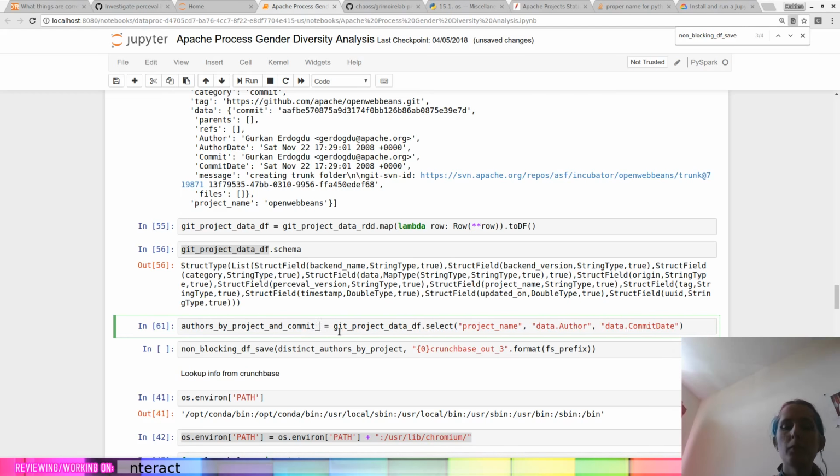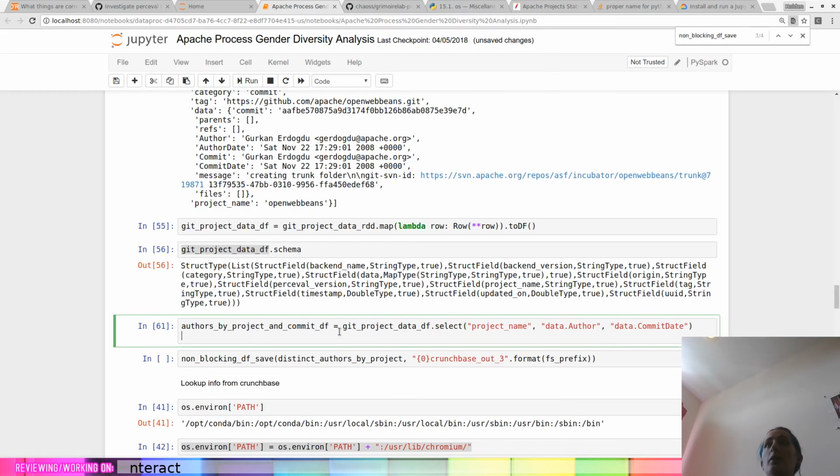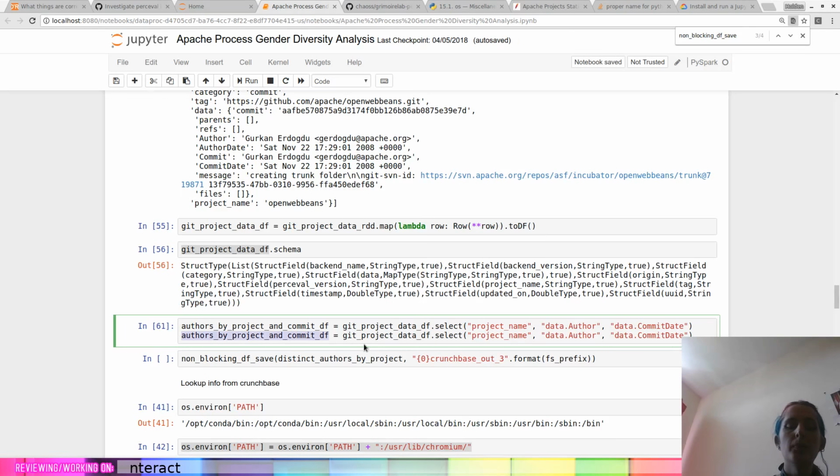Because our fallback plan is only thinking about people who are recently active, I want to compute that at the same time as well. So we're going to go ahead and do distinct authors latest commit. So then we're going to do a group by project name, author,